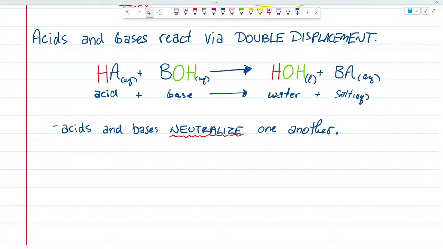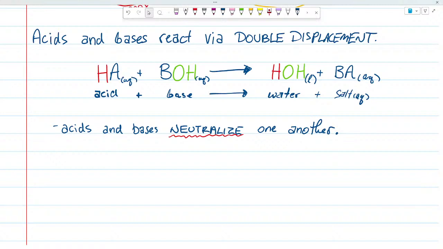But when that H plus ion bumps into that OH minus ion, what does it make? Water, which is not an H plus ion and is not an OH minus ion. It is a molecular compound now stuck together, which means it is no longer an acid and it's no longer a base. This is why when you mix acids and bases together, they neutralize each other because they just turn into water. And as long as you mix equal amounts,